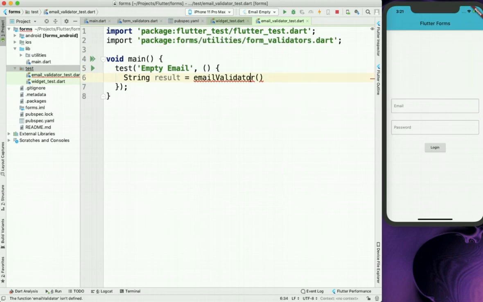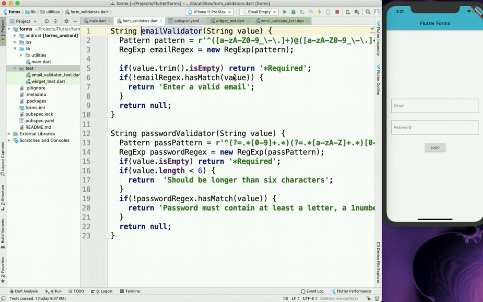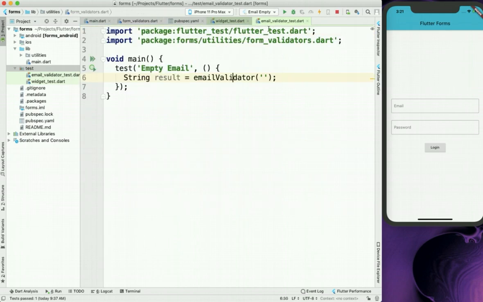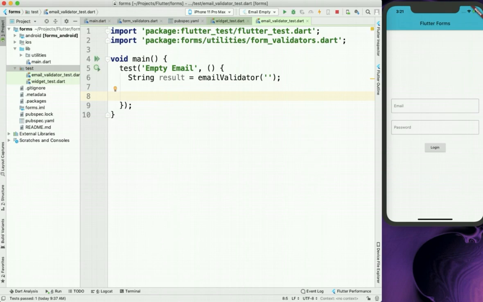Let me import it from utilities, and right now we are testing it for empty email, so we'll pass an empty string here. Remember our email validator takes a string value, so I will pass an empty string here.